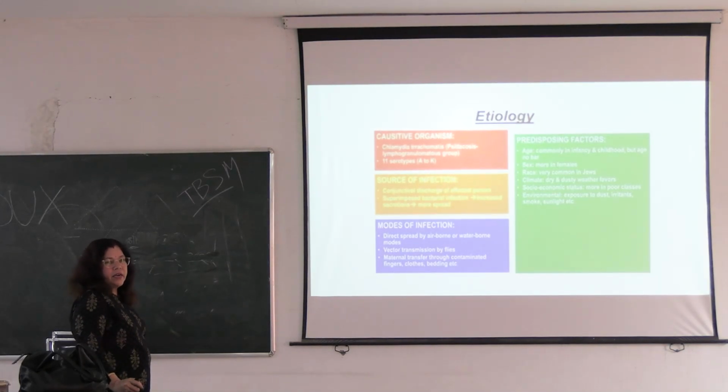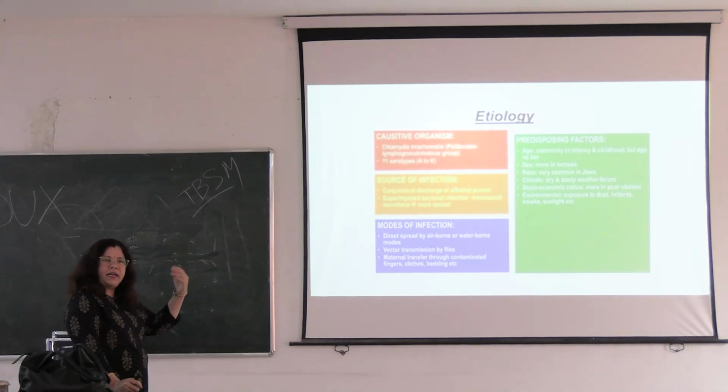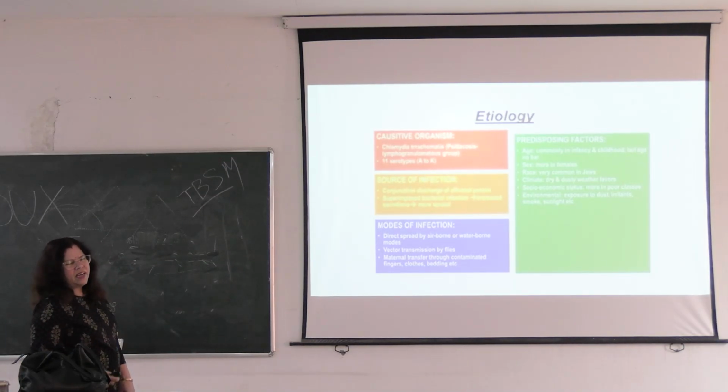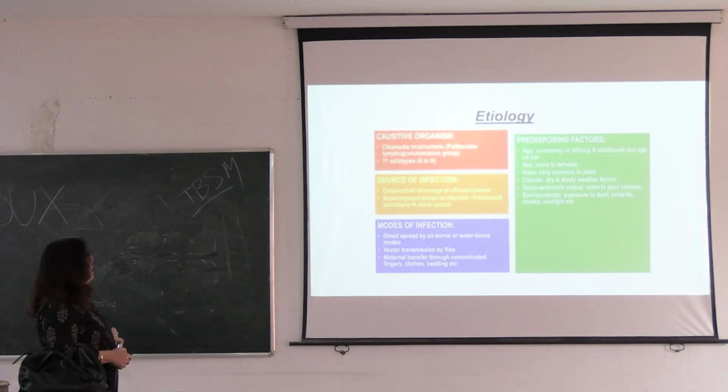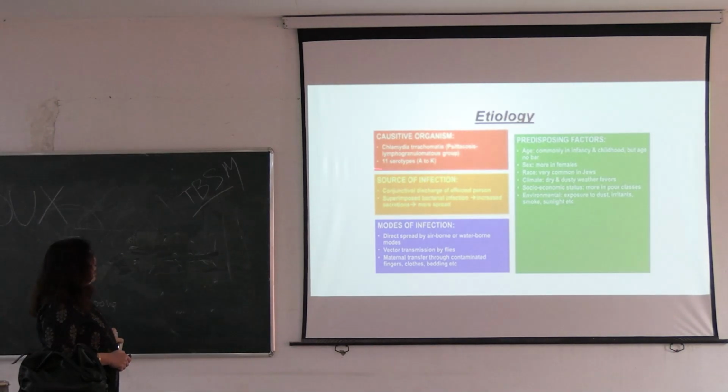etiology of trachoma. Now, till date it is eradicated. Now only scattered cases of one or two you find anywhere. Otherwise, you are not able to see any trachoma patient now. And some old patients having the sequelae, off and on, you have to see those patients. So, the causative organism is Chlamydia trachomatis and the lymphogranuloma venereum. Here 11 serotypes, from A to K, are available that cause infection.